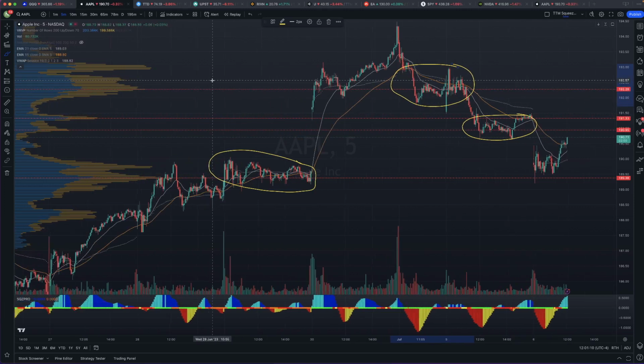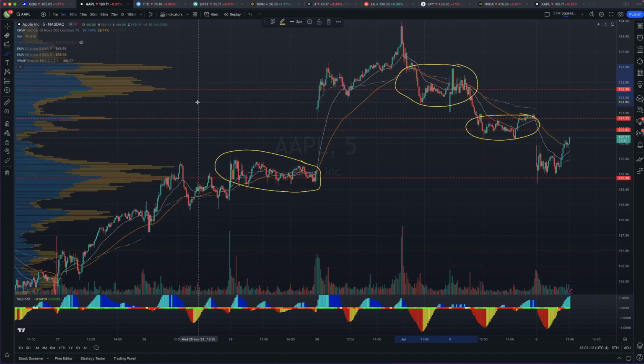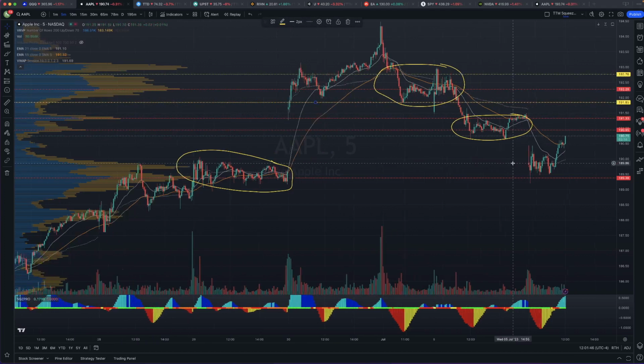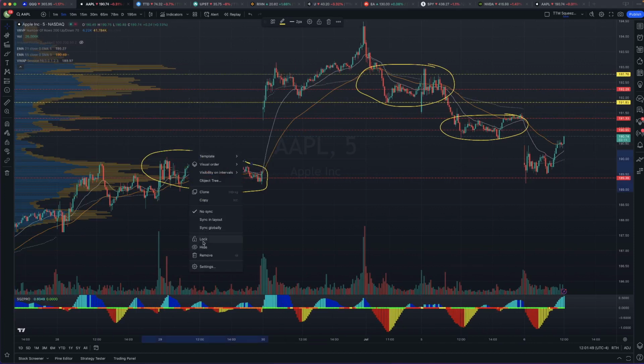And potentially, this is why we talk about a value area high, value area low. I got a lot of things going on this chart. Potentially, we're going to start seeing some selling or some resistance at this value area low. Come on. I want that changed to yellow. I've broken my charts here. And the top end of that area is there. So if we get rid of a bunch of these things,